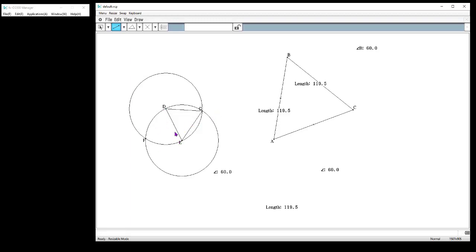is congruent to ED. So you could think about the fact that if these are both congruent to DE, then they're congruent to each other. That's one way you could think about it. But you could also just look at the picture. These are all radii from circles that have the same radii, so therefore they must all be congruent. So this is a different way to construct using properties versus measurement. But then you could go in and measure, as we did here, measure each of these to confirm that you've actually constructed an equilateral triangle.